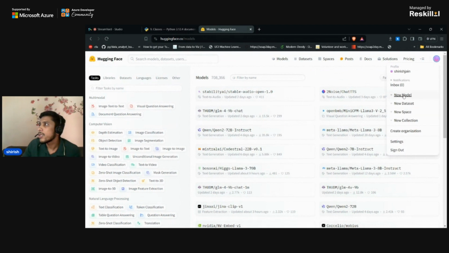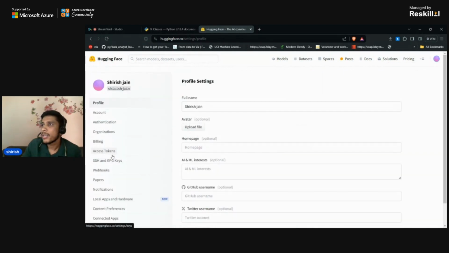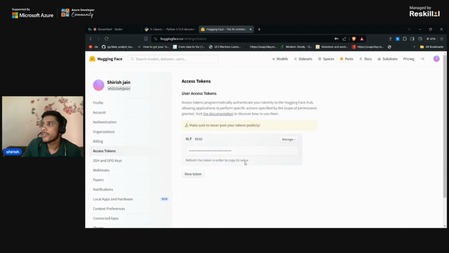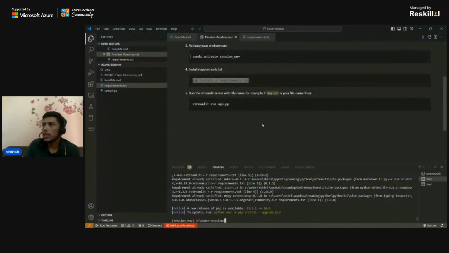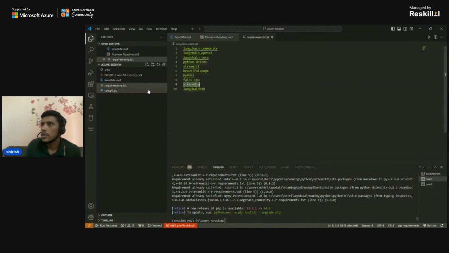So what you have to do is go to settings and access tokens. Here is where you will have your access tokens. You can just copy the particular access token and use it. For this use case right now, we are using only GPT 3.5. Okay,